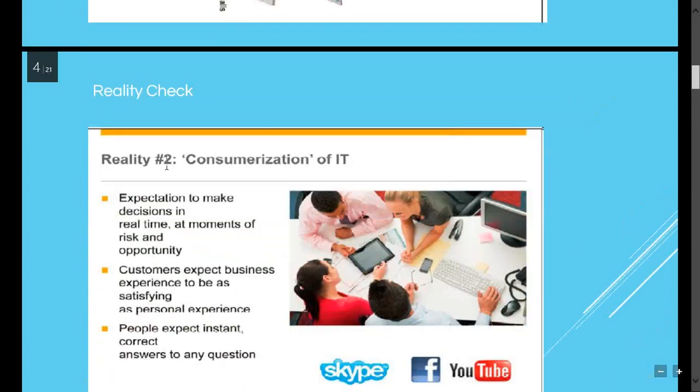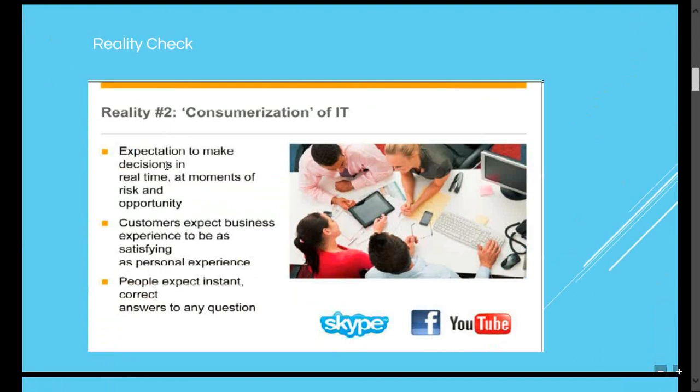Next, one more issue is the consumerization of IT. At the same time as we are facing information explosion, there is a consumerization trend driving up expectations. They want the answers for each and every question at the moment. They want them to be right. They want them anywhere, anytime. They want the answers in the moment. That movement seems to be a risk for us, and it is an advantage for certain companies like SAP, who develop tools to analyze such huge amounts of data.